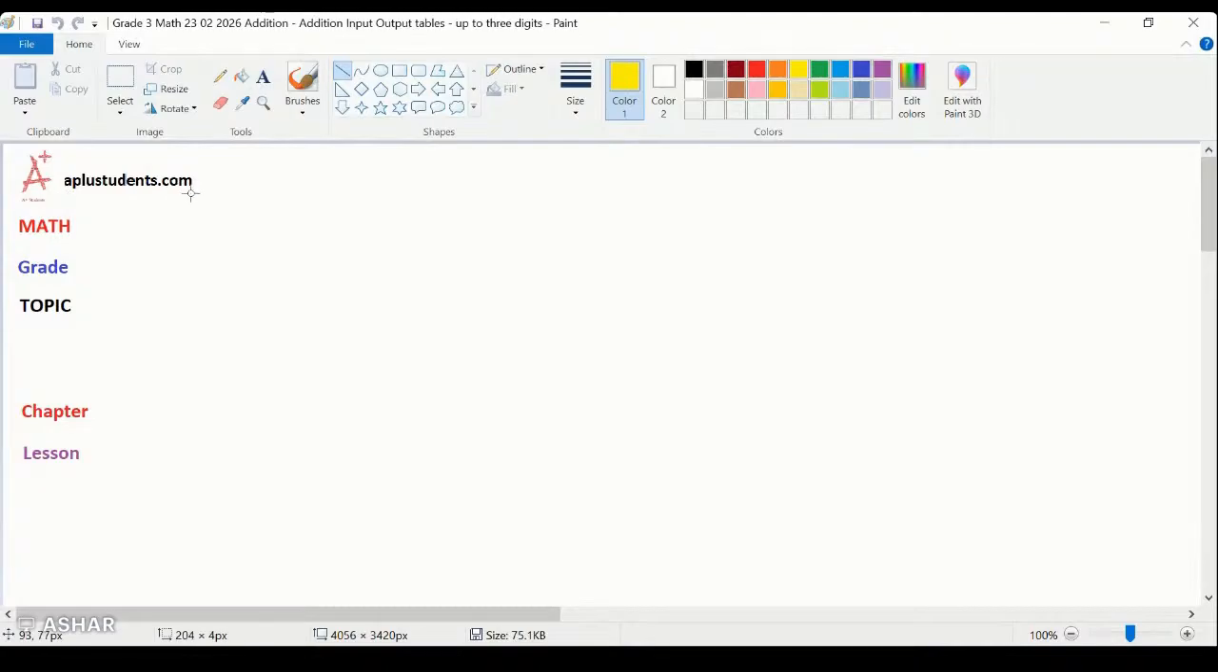Go to the website aplusstudents.com. Once you're on the website, you select math as your subject. This is a grade 3 maths lesson, and the name of the topic is addition. Chapter number 2, lesson number 2. Let's look at the lesson name. We are doing addition,